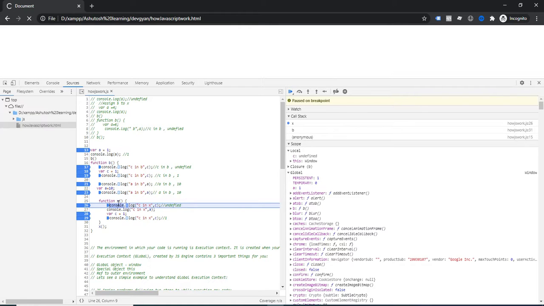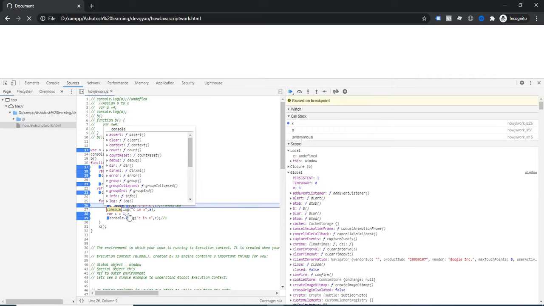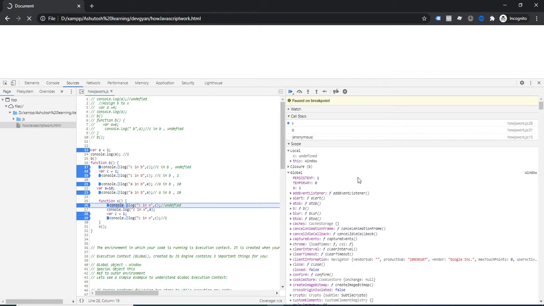So if any variable is declared inside a function, then that will be local, and the initial value will be set to undefined. Here in the local scope you can notice the C value is undefined, and this is because the local already has access to the global object, that's why it is present. Now what about the value of A? Because A is not declared inside function X, you can notice this comes from the closure. Why is closure written? Closure is written because it comes from the surrounding state, or from the lexical scope.